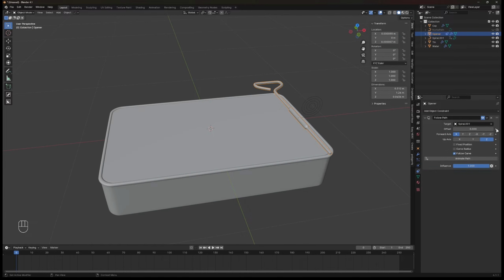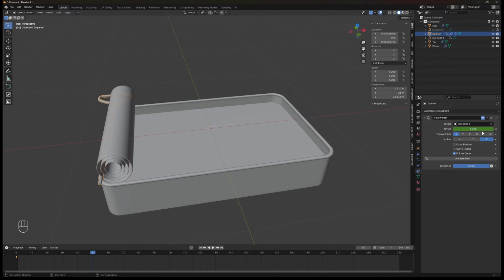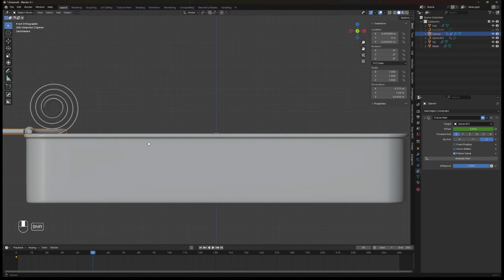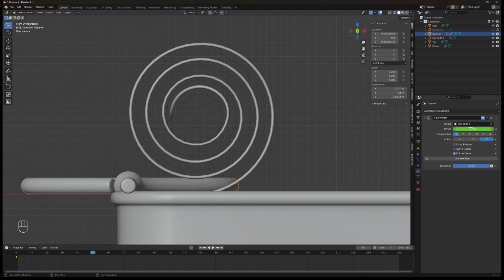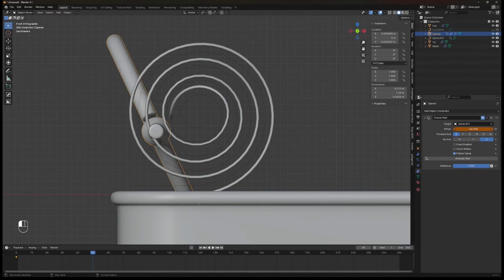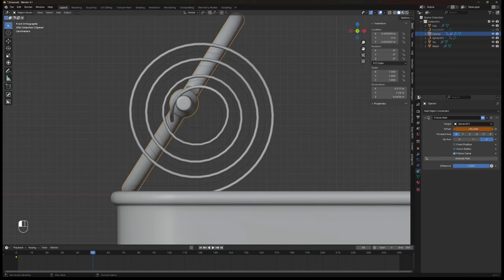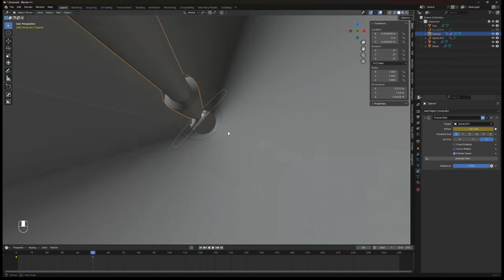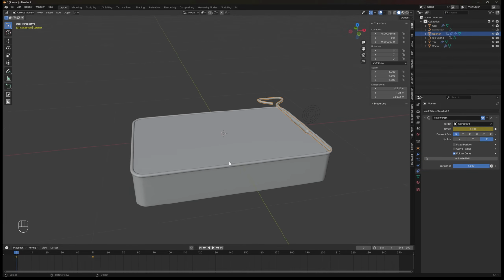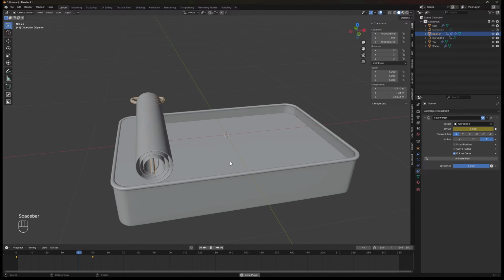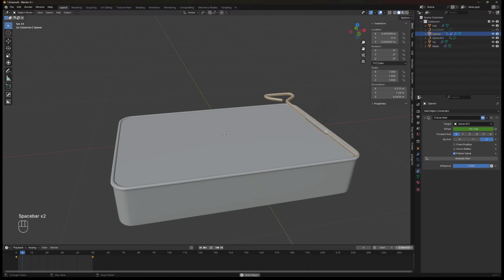On the follow path constraint, click the white dot on the offset value to add a keyframe. Once again, back to timeline and set it to frame 50. And now adjust the offset slowly until it's reached the cap tip, then put a keyframe on the offset. And voila, now we have done the animation. Congrats! Now let's create some fish.